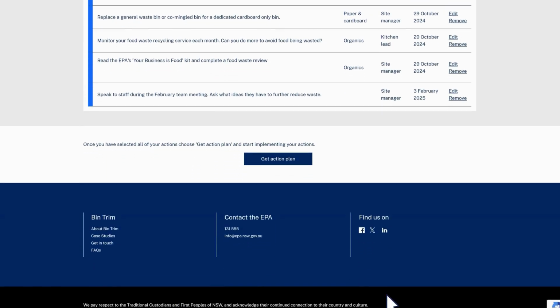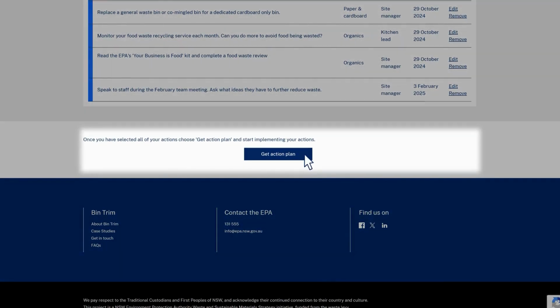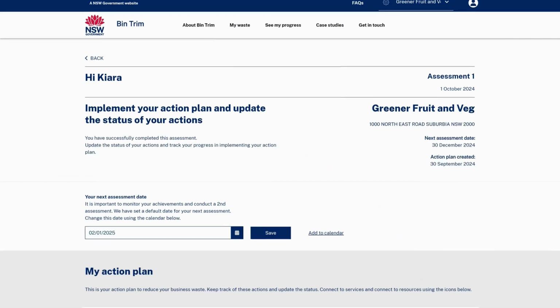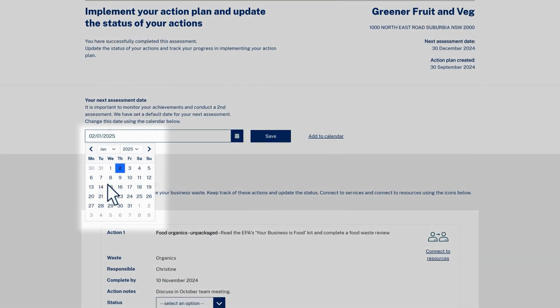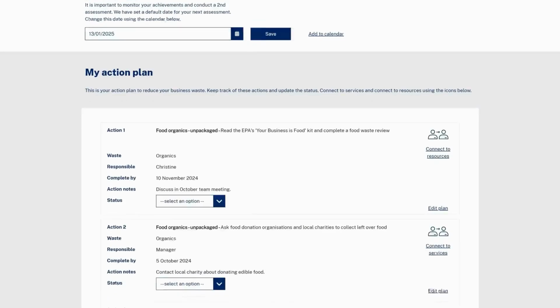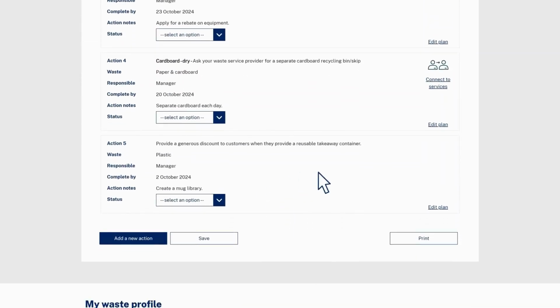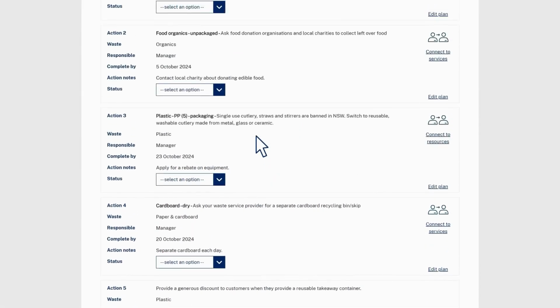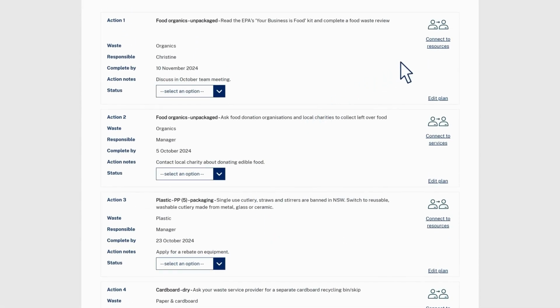Once ready, click on Get Action Plan. On this page, you will see your action plan and waste profile. It is important to set a date for your next assessment and add it to your calendar. It is also recommended that you share your action plan by printing or sending it by email to the right people in your organisation, especially to those that have responsibility to implement any of the actions, such as supervisors, individual